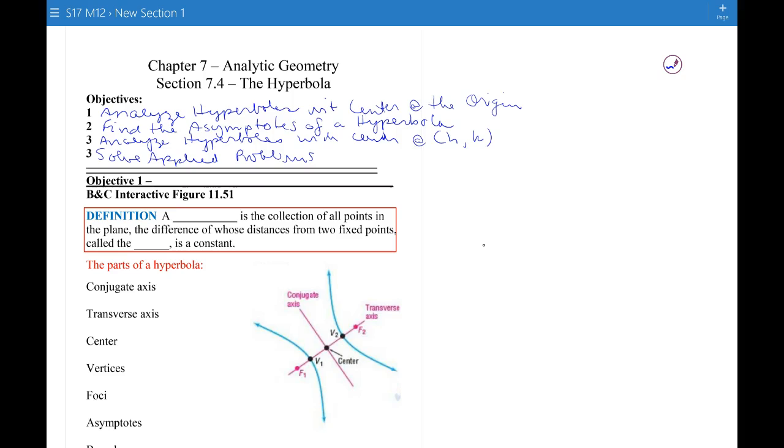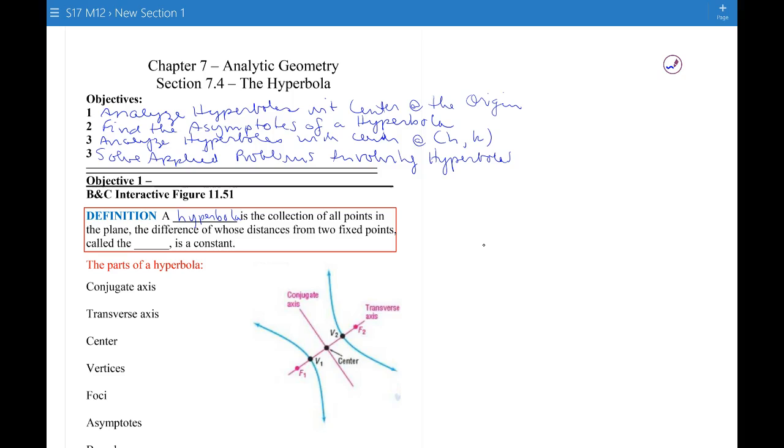And again, we probably won't have time to do any applied problems in class, so you'll have some in your homework. If you have trouble getting started, feel free to ask questions, but we're not going to have time to do any in class. So let's talk about the definition of a hyperbola and see how it's different from the